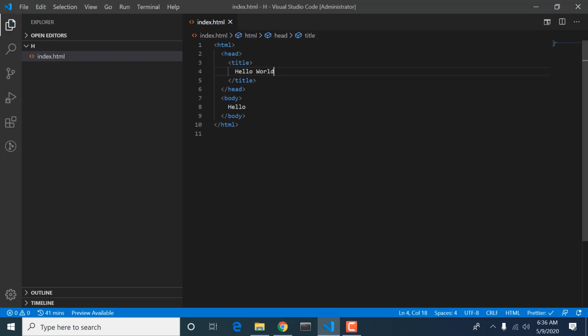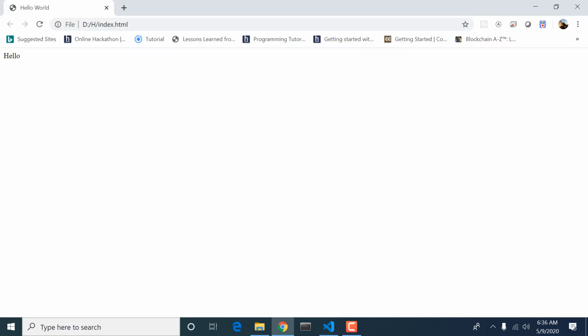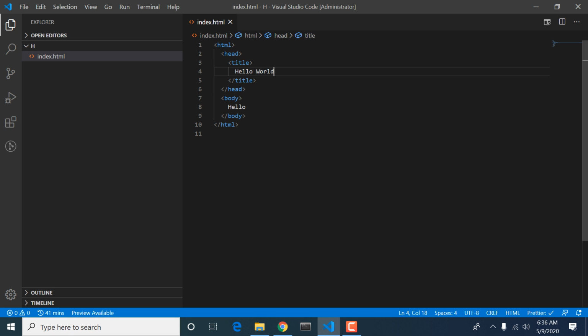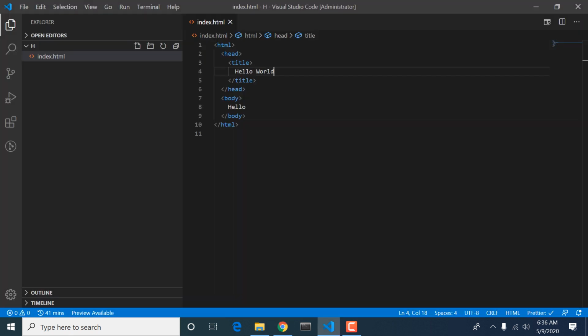What I am trying to explain is that the things in our head tag are understood by our browser but are not displayed on our screen. They help our browser understand what we are going to tell it. Later on we will put CSS tags in this head section that tell our browser to add some CSS content to our HTML.